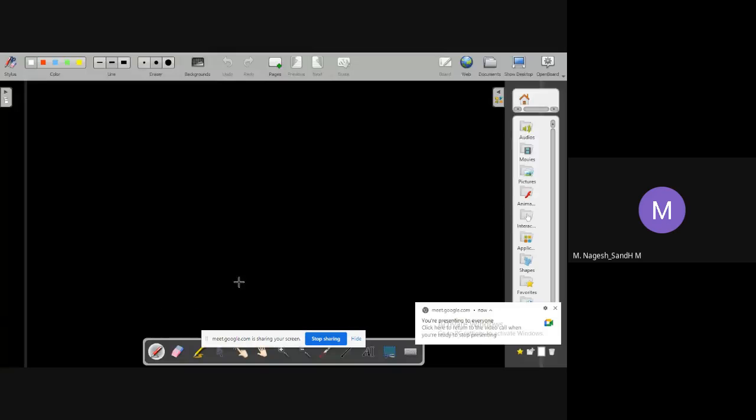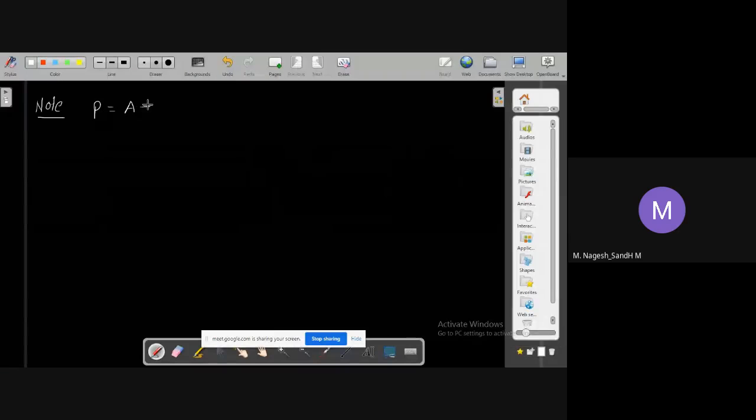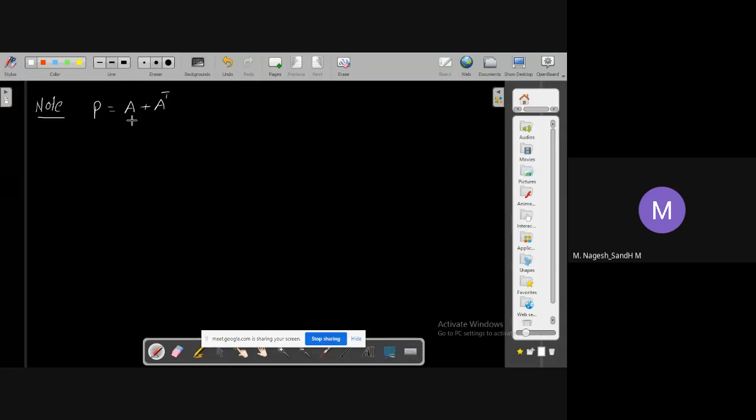Okay. So now, in the last class we discussed that every square matrix can be expressed as a symmetric plus skew symmetric. So we just recall that note. When you are doing that, we have the two matrices. P is equal to (A plus A transpose) by 2. Q is equal to (A minus A transpose) by 2, where